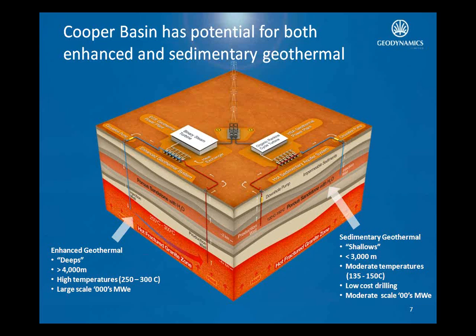Now, the concept with this, and it's really on the left-hand side of the cube, is that you drill a well into the granite, you extract fluid from the natural fractures which permeate through those granites. You extract fluid that's hot, you pass it through a heat exchanger on the surface to extract the heat from it. The fluid is then, once it's cooled, put back into the reservoir. It goes back in, permeates through that naturally occurring fracture zone, and eventually heats up and sweeps the heat from the cool well to the hot well, and that process is a continuous closed loop process.